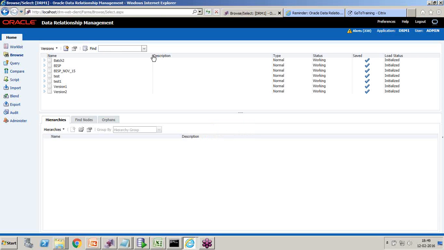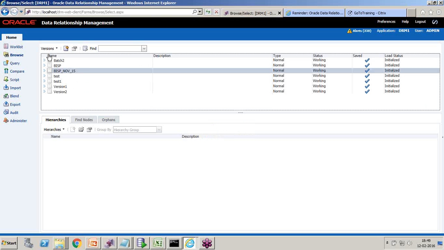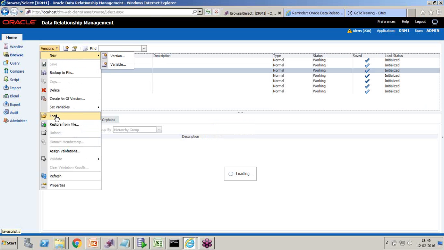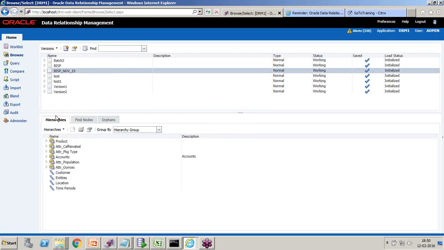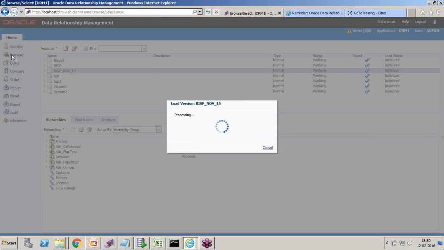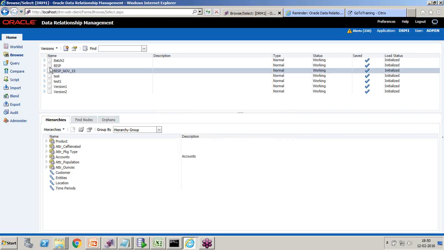So this is the home page once you log into your DRM application. Initially you will not see any of the versions. This we have created for our previous batch. So initially you will not see any of the versions over there. So let me open one version. So you can see different versions, BISP November 15, BISP and all. So for example, if I open this BISP November 15